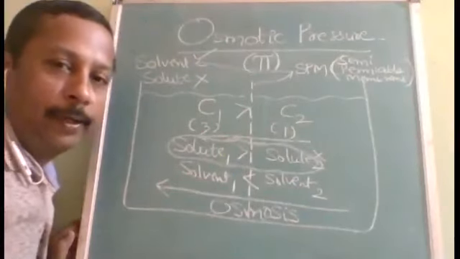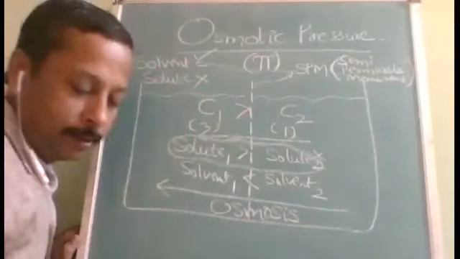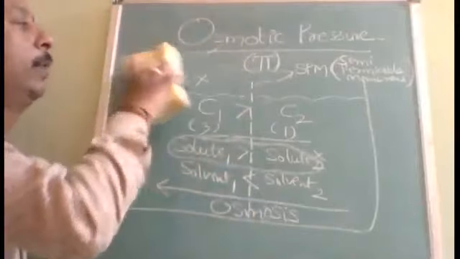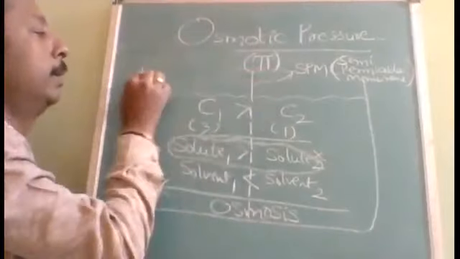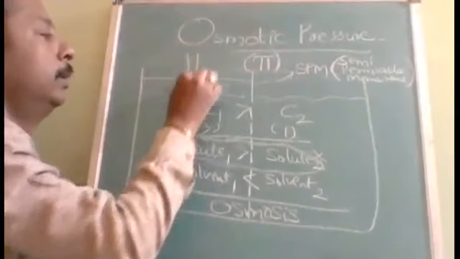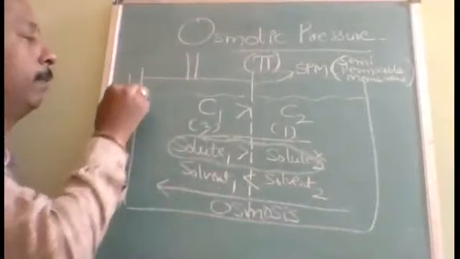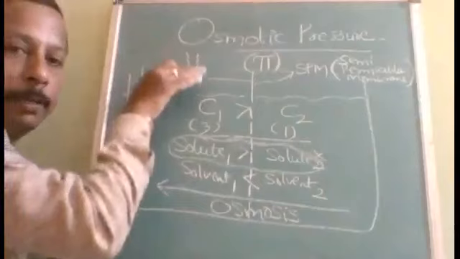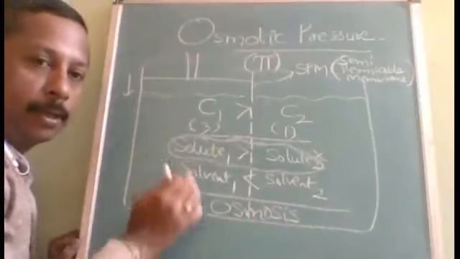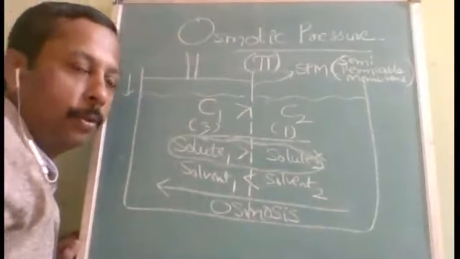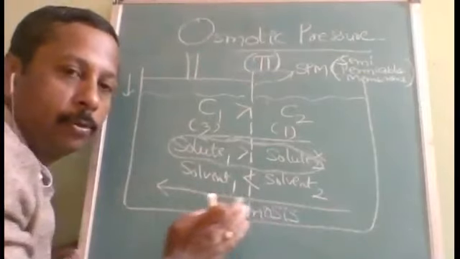Okay, and how it is measured, then what we will do, I am eliminating this and I will make some beautiful arrangement. Here I am applying some external pressure. So it wanted to come here and I am applying pressure. When I apply pressure here, when this liquid comes here, there will be some contradiction between them. So it will not freely come as earlier. So the flow will slowly decrease.